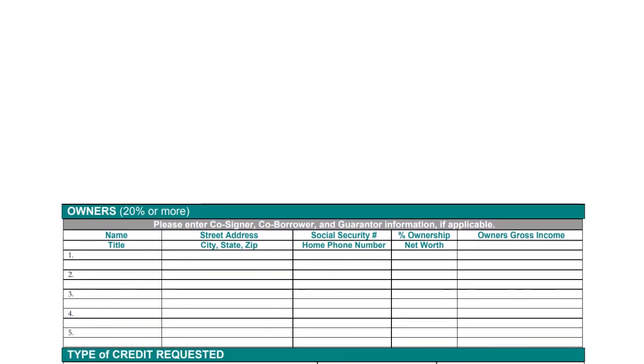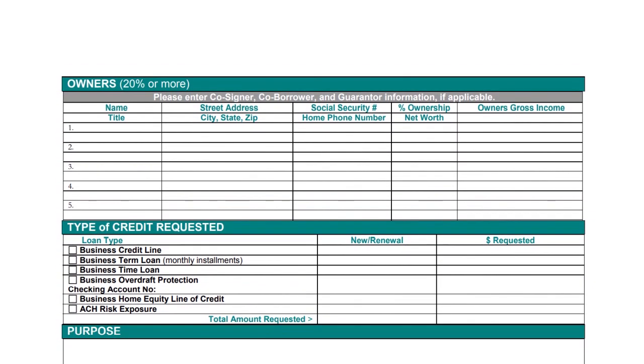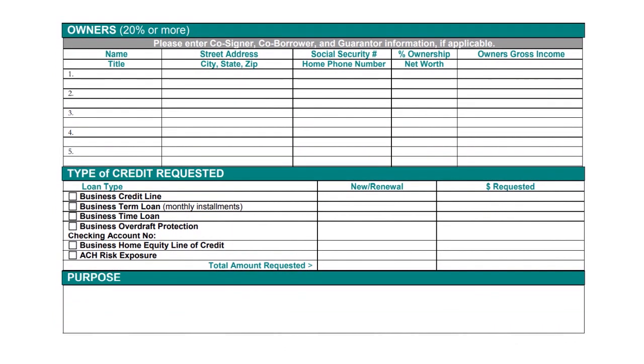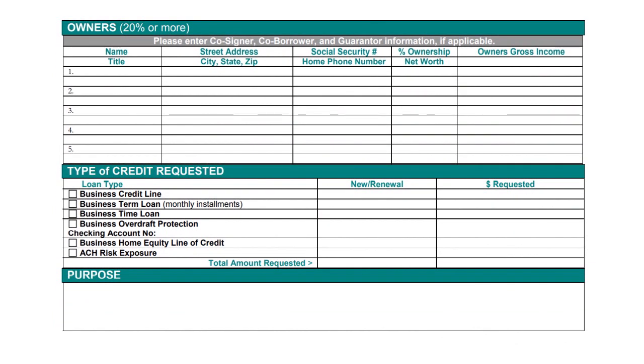Moving on here, they want to have more information about the owners, people who own 20% or more of the equity in the business. Again, if you remember earlier, I was telling you that there is a statement called the Statement of Owner's Equity, which is where you talk about the kind of capital that the owners have injected into the business. So here you want to put for each owner that has more than 20% ownership equity stake in the business, you want to put their name, the title, their address, their social security number, their home phone number,